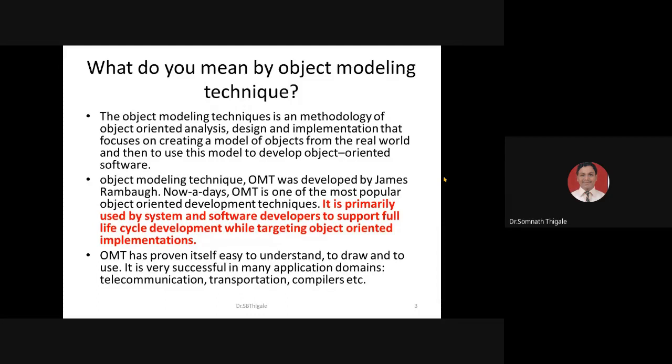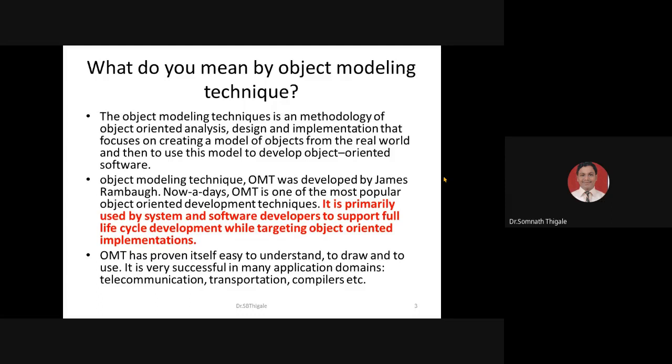A collection of objects we call a class. And putting the classes together we call packages. Then we define the relationships among the classes with different types of relationship, and organize them in such a style that we call it a component diagram. And once we complete this we are able to deploy it. So everything becomes easier when we are thinking in terms of object oriented analysis. That is the base regarding OMT.